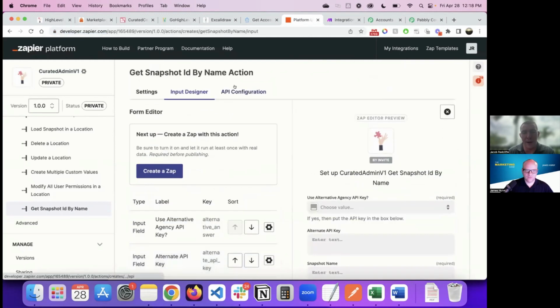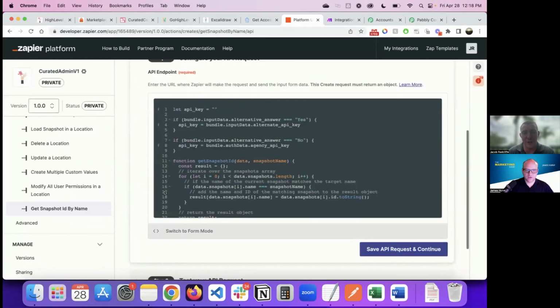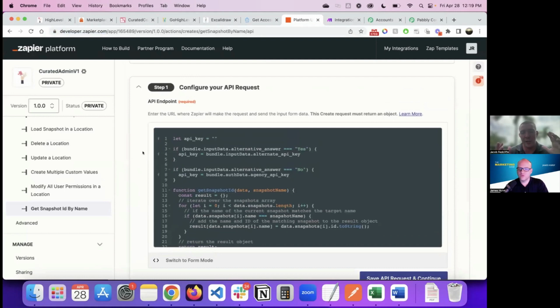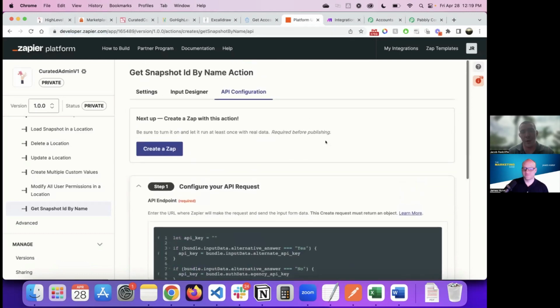But then the problem is you've got to turn around and actually write code. This is my real code window. I'm sitting here showing it. It's not like people can't invent the same thing, but this is a real code window to generate the response that you're looking for, because you're actually processing the result of the API and trying to return it in the format that Zapier wants it. You would have to have actual developer knowledge to be able to build these apps